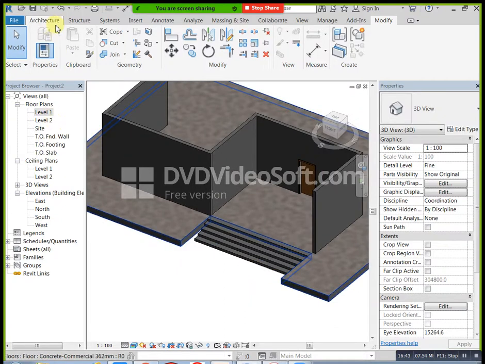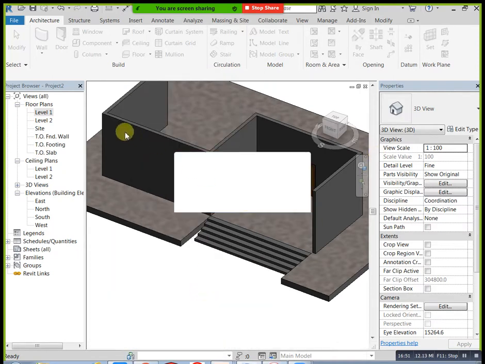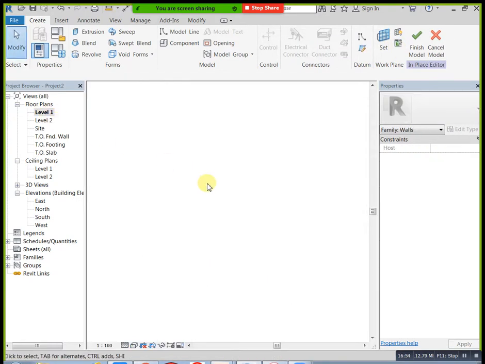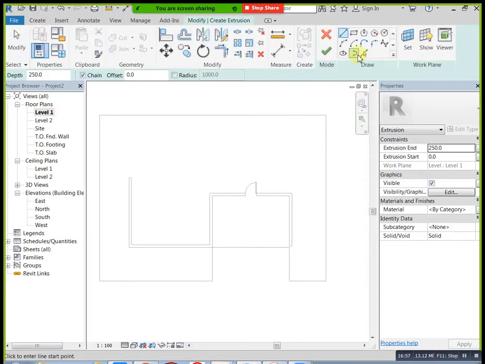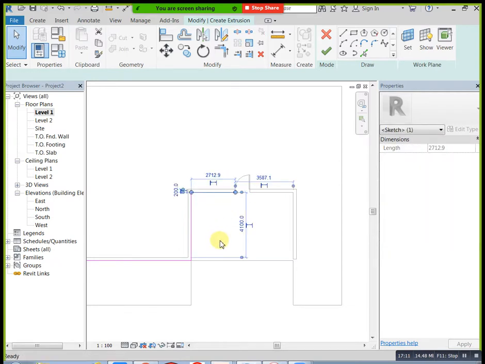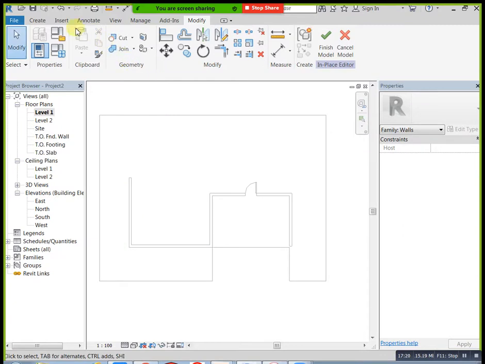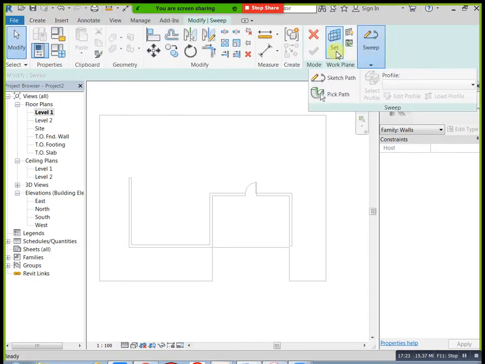Again you will take, okay, go to the level 1. Okay, now click on extrusion, select pick line. For example, I need these lines, up to here, but I don't need this one, or otherwise you can delete this one and this line. I need up to here only. Sorry, I need sweep command here. Create sweep, sketch path. Now you can mention here one, at the same time here one. Okay, then now select profile, edit profile, east condition.